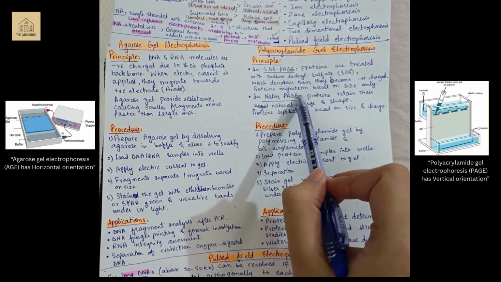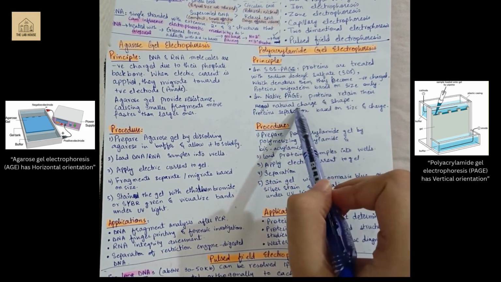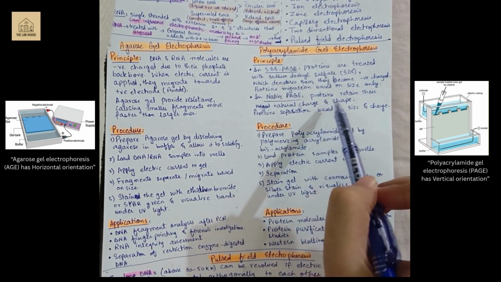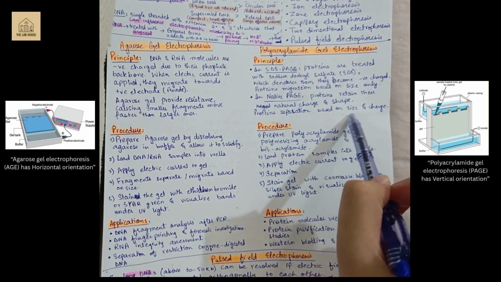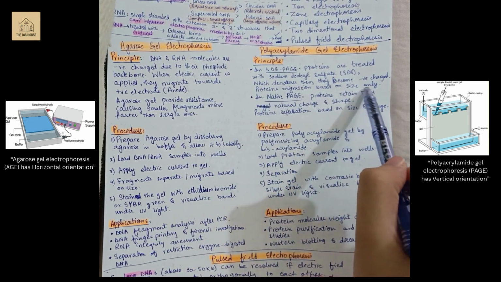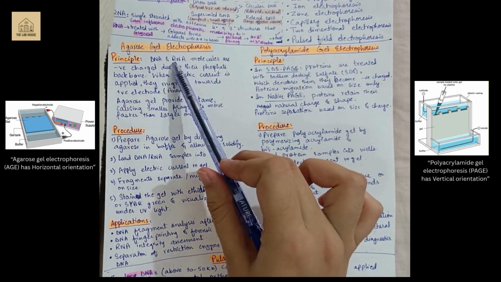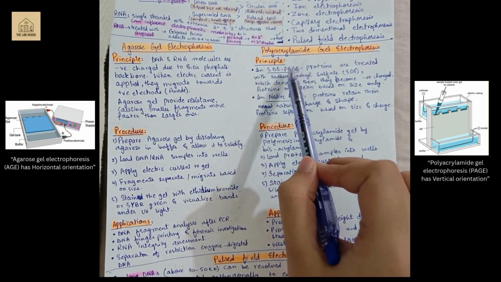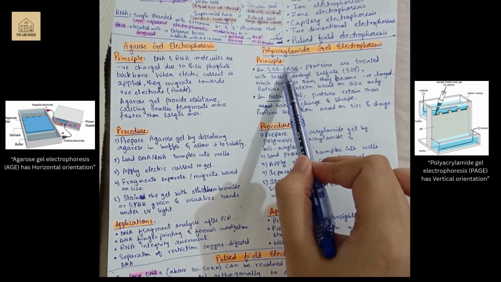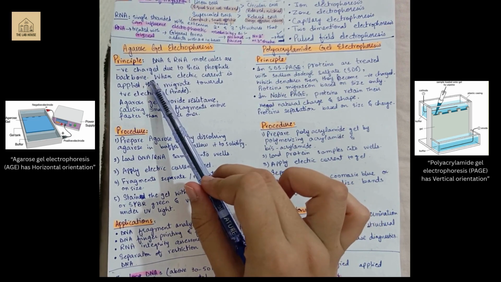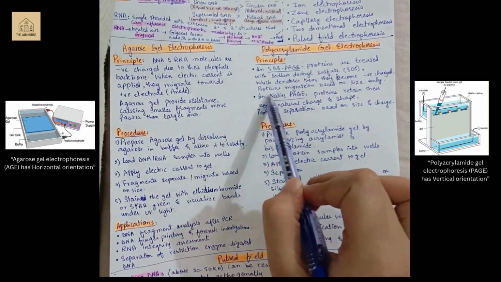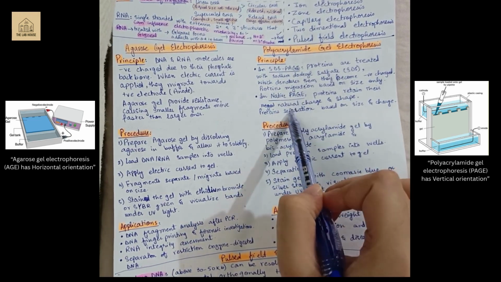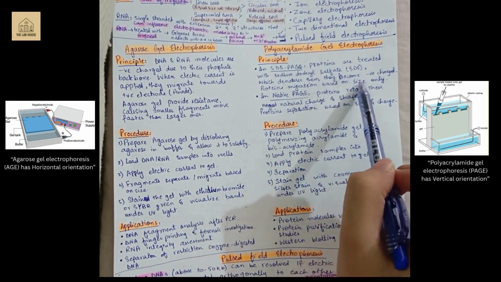In this way, the proteins can easily move like DNA from the negative electrode towards the positive electrode. While in native PAGE, the proteins retain their natural charge and their shape too. So the proteins are separated on the basis of size and charge here, while the proteins are separated on the basis of size here, like in agarose gel electrophoresis. So in SDS-PAGE, proteins become negatively charged due to denaturation and separation is based, like in the agarose gel, on size only. While in native PAGE, the protein charge is not disturbed, they maintain their natural charge and the separation is based on the charge too and the size also.